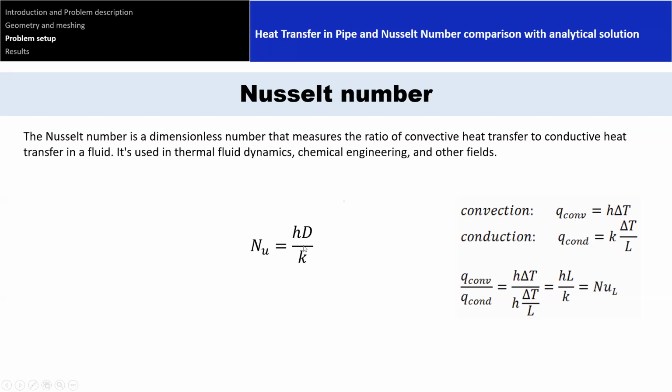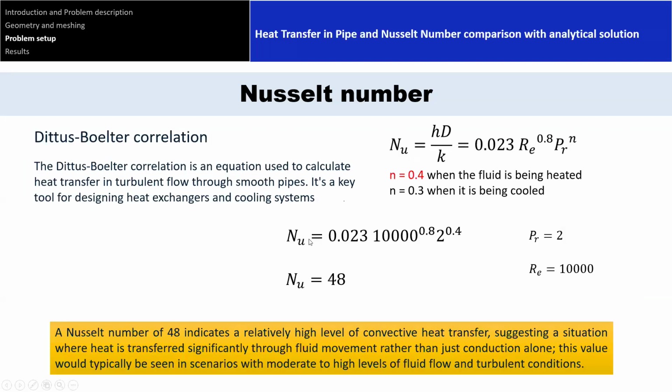Okay, so it's hD upon k. h is the convective heat transfer coefficient, k is the thermal conductivity, and D is the diameter of the pipe. Okay. Then for comparison purposes, we have the very well-known empirical formula called the Dittus-Boelter correlation, and